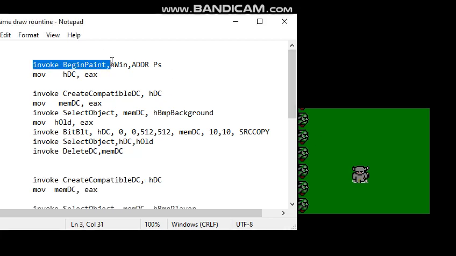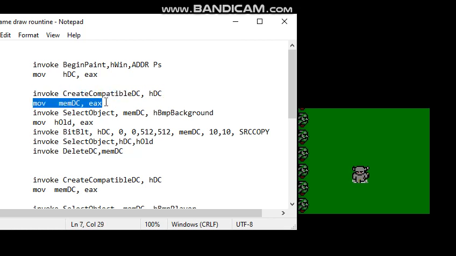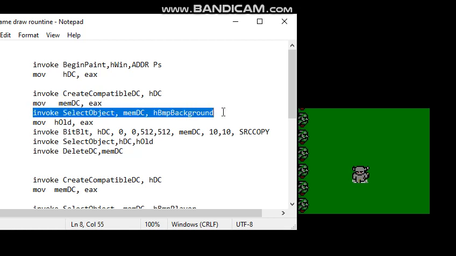So we begin paint the window handle and we get a device context. Then we take that device context and we create a compatible device context in memory, and then we get the memory device context. Then we use that memory device context handle to select an object, which in this case is our bitmap background, because what we want to do is